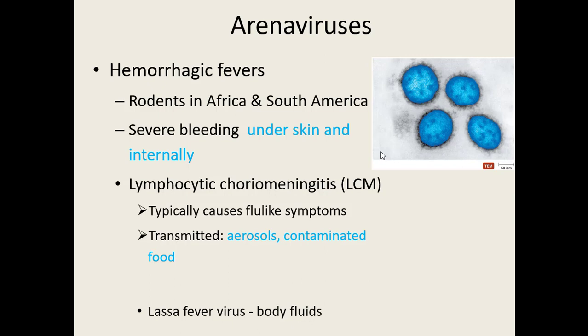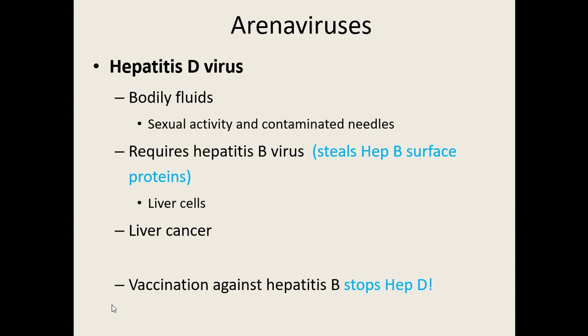One type of virus, though, that's not a zoonotic virus, it's not spread by any kind of animals, is hepatitis D, because we still had to get to hepatitis D. It's our last hepatitis, and it's transmitted by bodily fluids, so sexual activity, contaminated needles. But the interesting part about hepatitis D is that it requires hepatitis B to reproduce. It steals the hepatitis B surface proteins that allow it to attach to the liver and cause inflammation of the